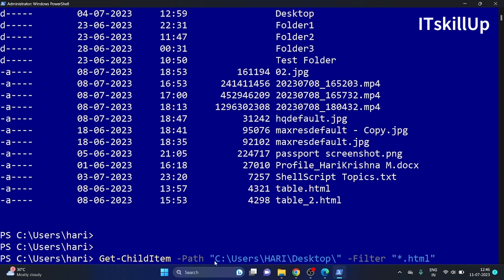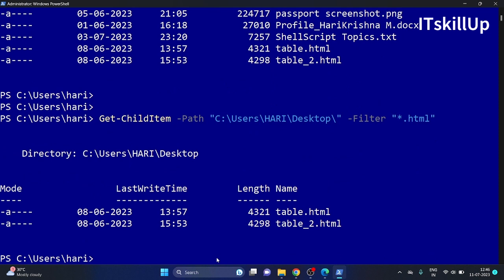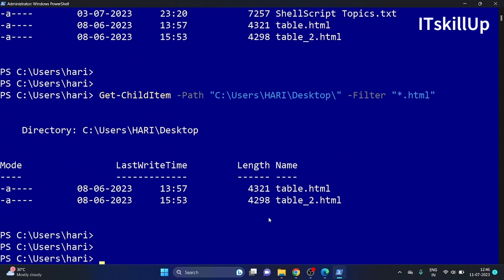So it retrieves all files which match .html at the end from the specific directory. And now I'm pressing enter. See, it displays the files whose names end with .html